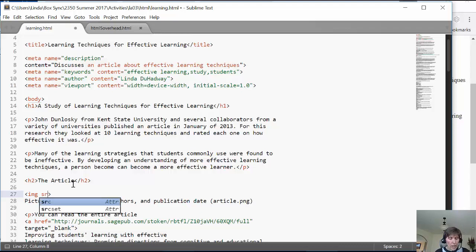So the image tag requires two attributes. The two attributes that it requires are src, and that stands for source. And what we want to put in here is the name of the file. So here we've got the name of the file in our content, so I'm going to move that and put it in there. The other one that is required is the alt, which stands for alternate,